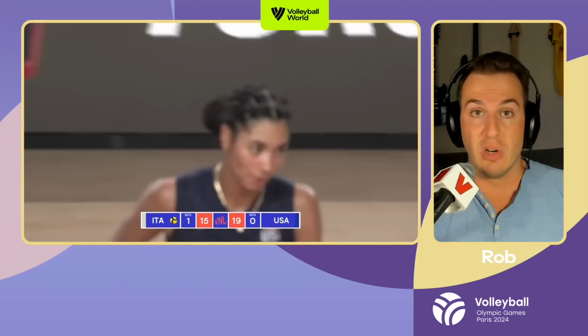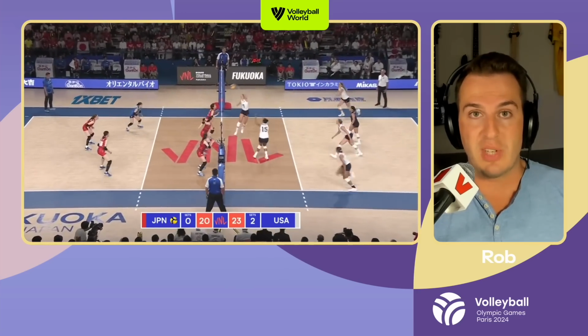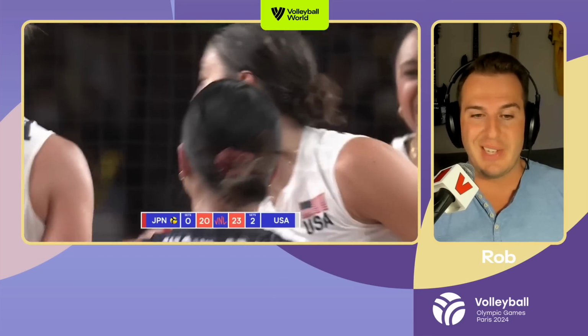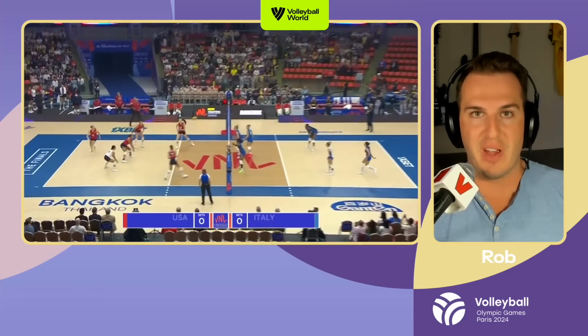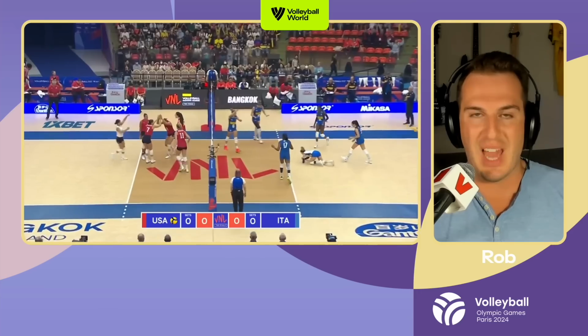That gold medal win in Tokyo was as much mental as it was anything else, especially with all the circumstances at the time. Different circumstances now. The Olympics is back to its full fanfare, fans in the stands, all that. But the mental structure and the togetherness that this American women's team put into place a few years ago